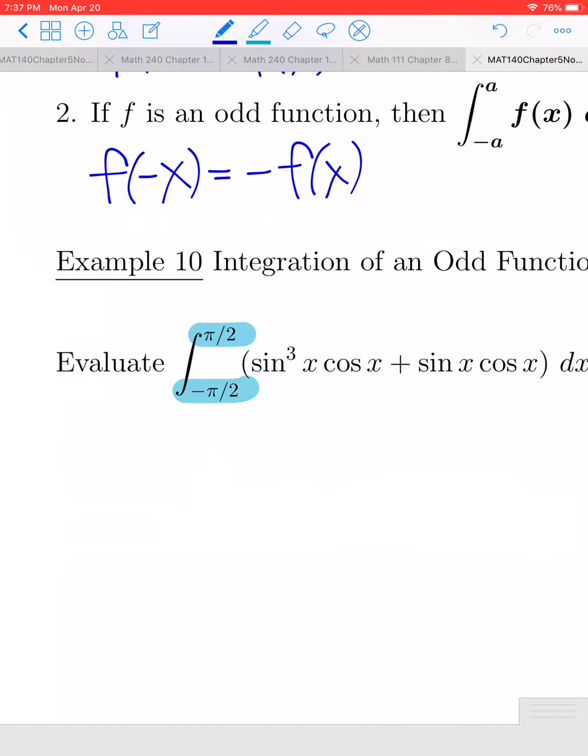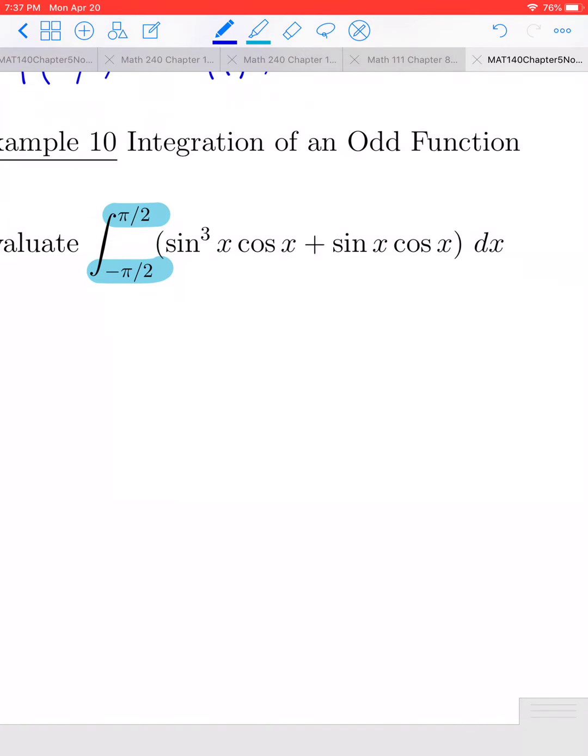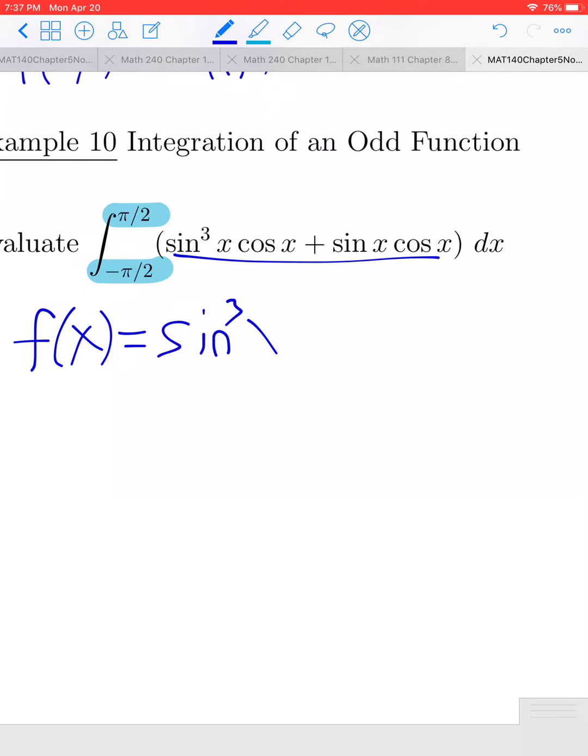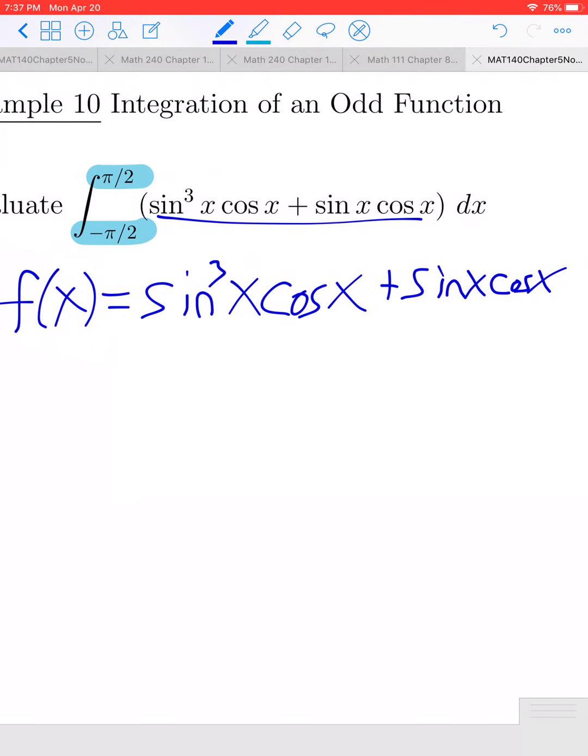And anytime you have integration on a symmetric interval, you should check to see whether or not the integrand is an even or odd function. So let me call this function on the inside little f. Let's let little f be sine cubed of x cosine of x plus sine x cosine of x. We can check this for evenness and oddness, but you might recall from a basic trig class, cosine is an even function, sine is an odd function,